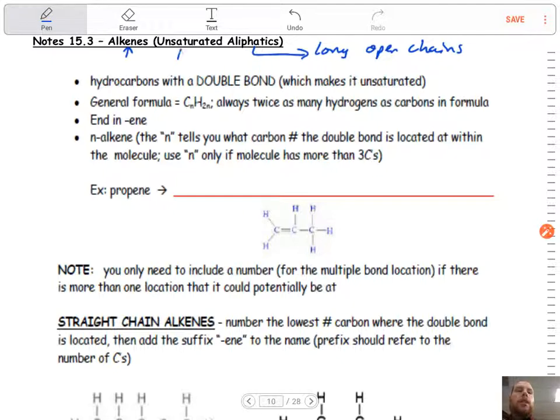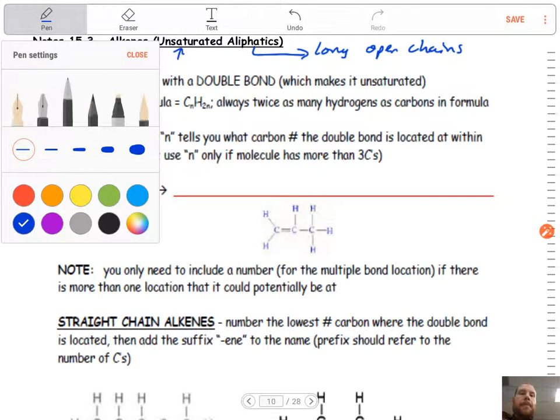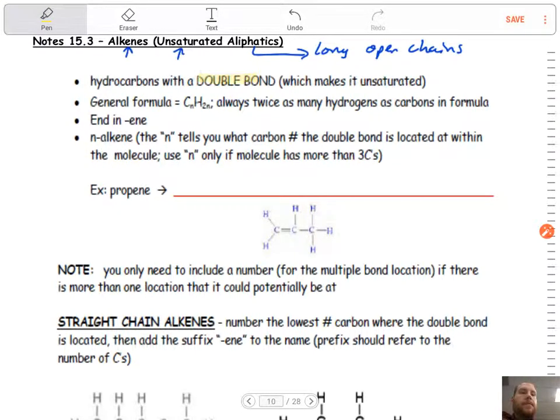And now they're unsaturated, so that means there's a double bond or a triple bond somewhere. In this case, alkenes have double bonds. Their general formula is CnH2n. One thing in the last video I just want to make clear: